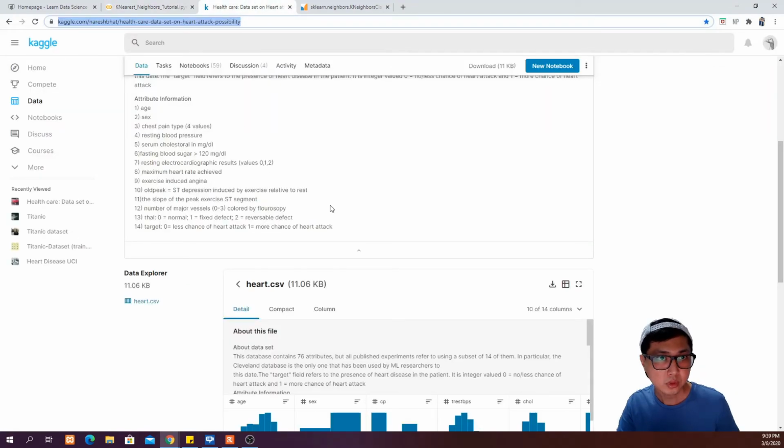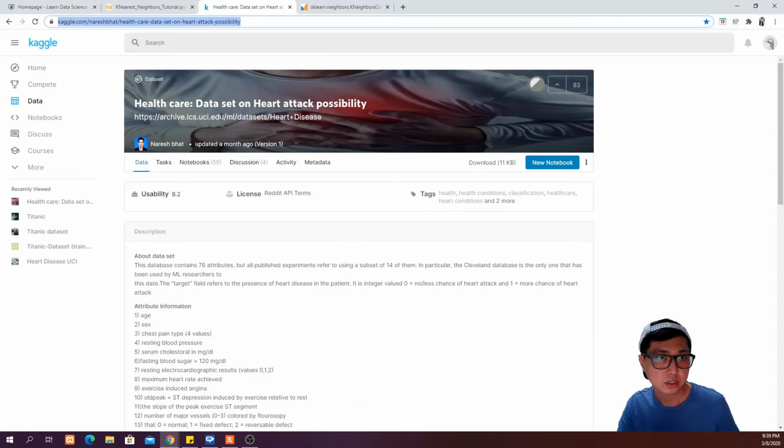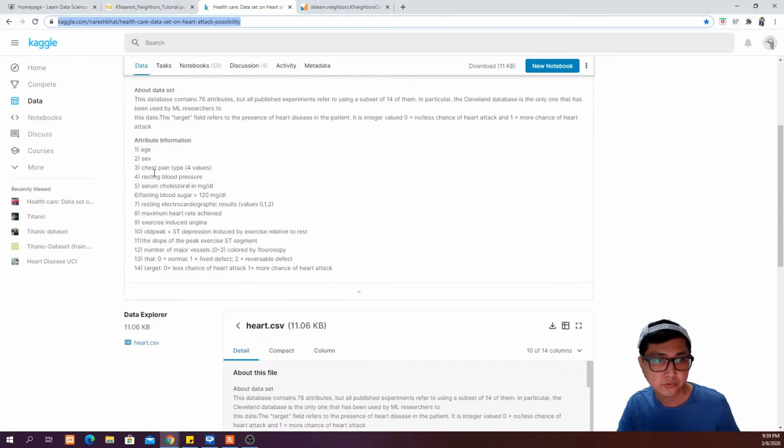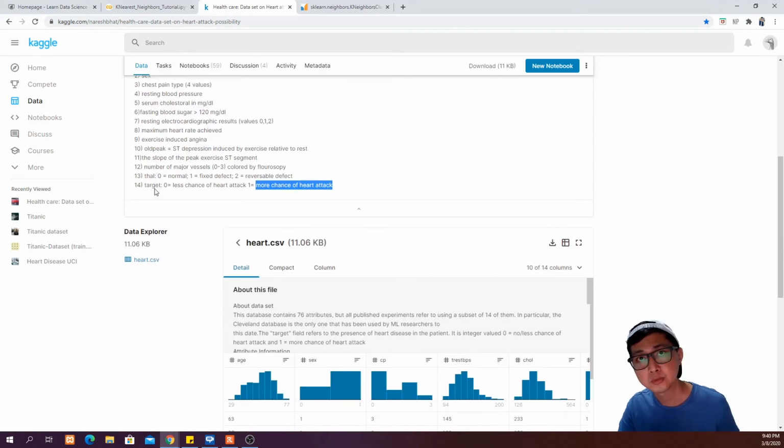Just go to Kaggle and look for this dataset, the health dataset on heart attack possibility. We have a lot of attributes in this dataset, which we are going to make use of to determine whether a person has less chance of getting a heart attack or more chance of getting a heart attack. So our response variable will be the target,